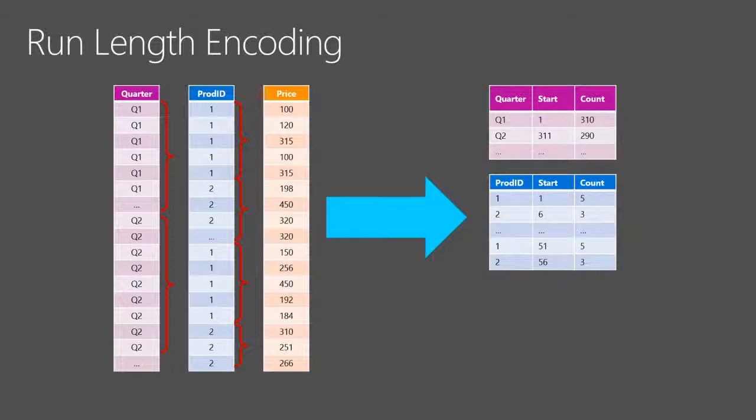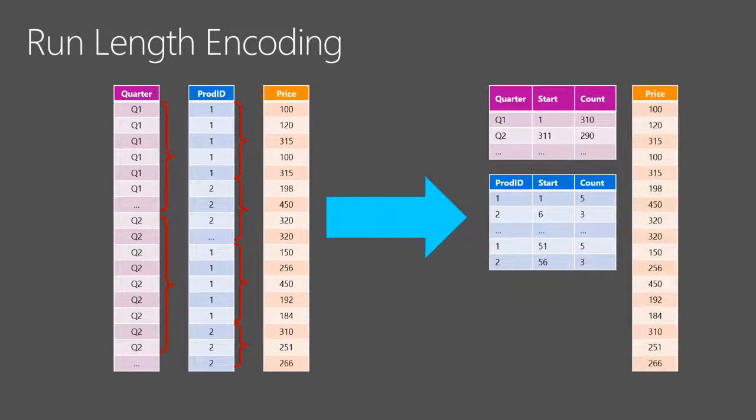But why am I speaking about this? Because if you know the basic principles of how the data is compressed in memory, you can think about what are the right columns to show to the engine in order to obtain better compression. And as you can see here, having a column that has a unique value for every row is not a good idea, because it will not be compressed very much. And do you really need this column for your analysis? Probably not. Probably you don't need a unique ID in your fact table. You need this in your relational database, but it's not a good idea to bring this column into memory in Vertipaq.